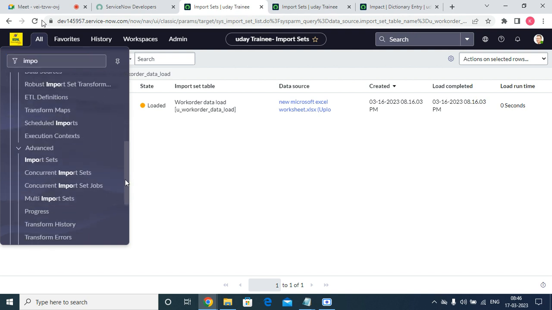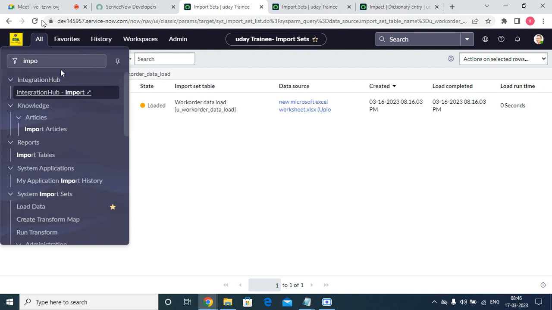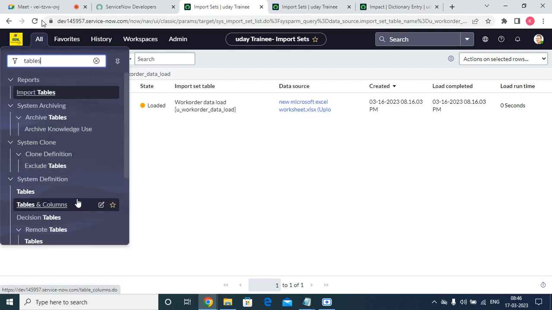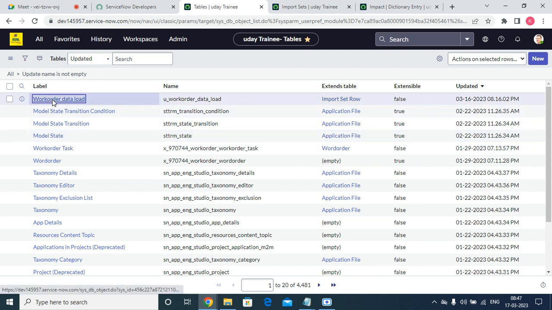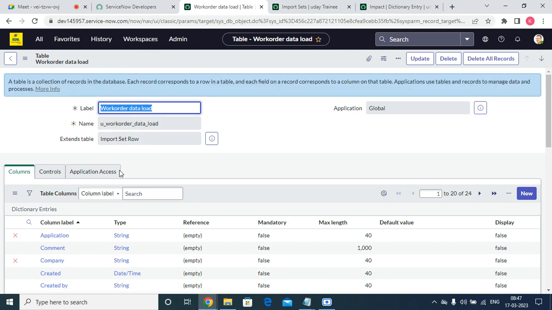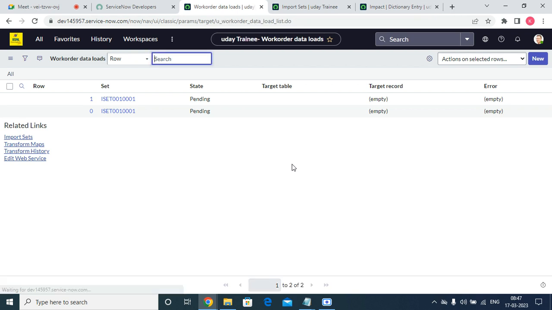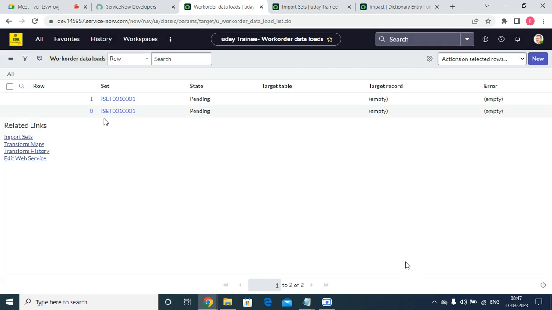In the staging table, let me check whether it was created or not. Yeah, so the table is automatically created. See, right? This was extended from the import set row table. If you go to the list of it, these are the records we have added. I'm just making it a favorite. So if I open it,